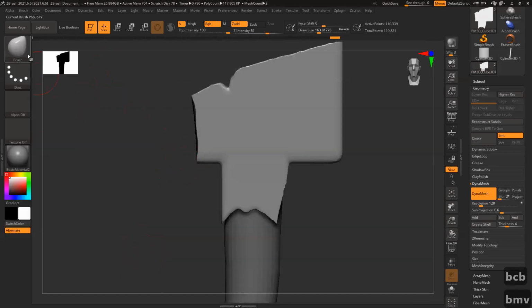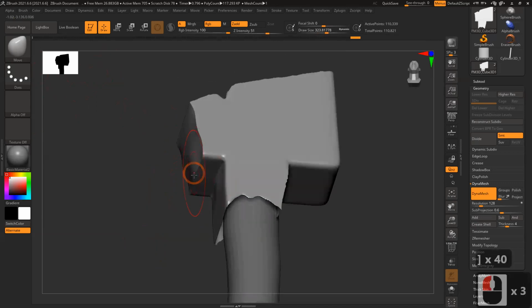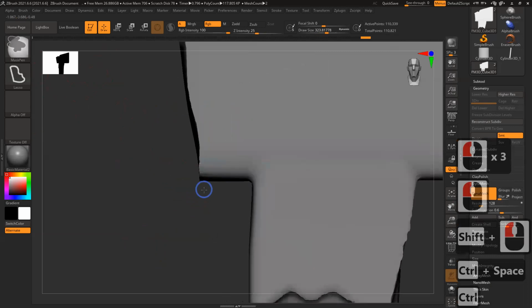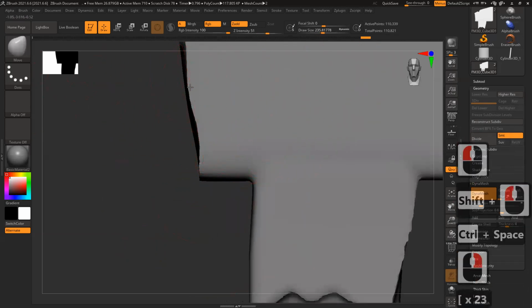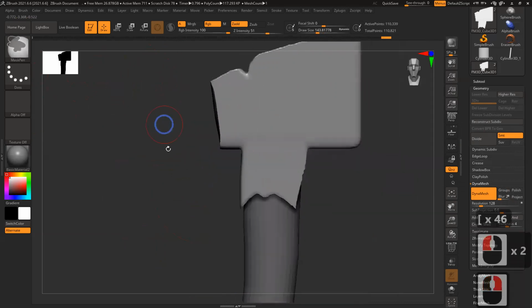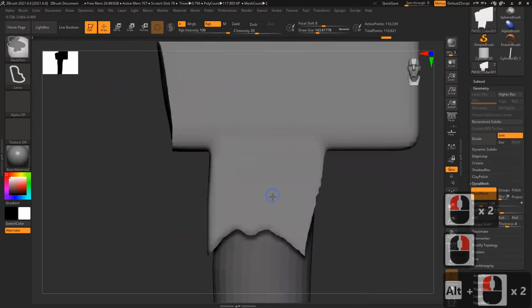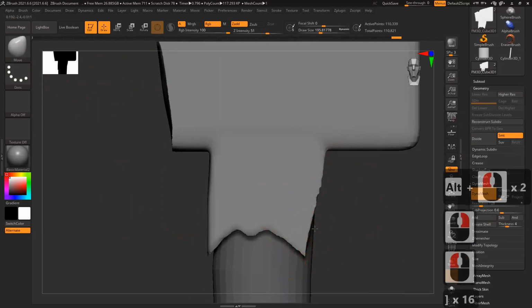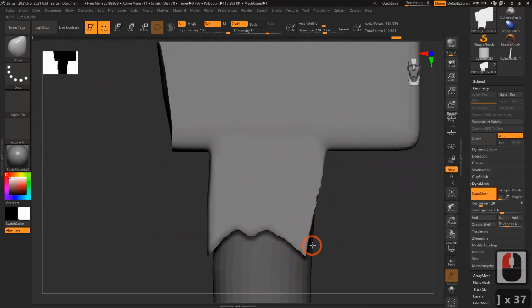BMV, Move brush. So it makes your life way easier. My symmetry is on, so I'll push it slightly and make it a little angular, and just move it slightly and keep it as clean as possible. This angle is also slightly outside, it should not be overlapping this surface.